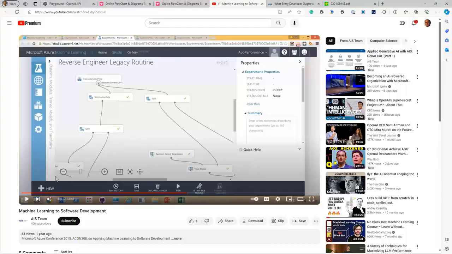And as you can see here, one of the examples that I had included as part of this video was: I have a legacy routine, perhaps a mainframe routine written in COBOL. There's no documentation, and in some cases, the source code is not available as well. How can I train a neural network to reverse engineer the logic behind these routines? So these are some of the ideas, which worked in some cases, but were not quite reliable.